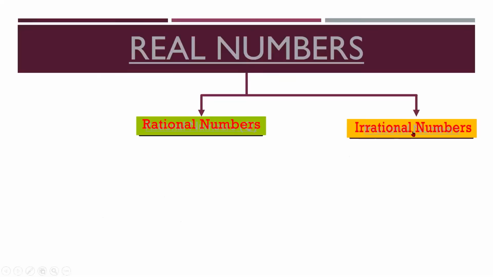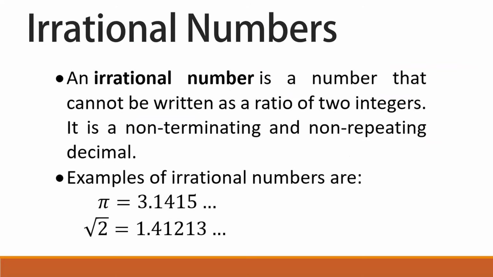Now how about irrational numbers? What are irrational numbers? An irrational number is a number that cannot be written as a ratio of two integers. Meaning to say, irrational numbers are numbers that are non-terminating and non-repeating decimals. Examples of irrational numbers are the value of pi. We have here the value of pi,